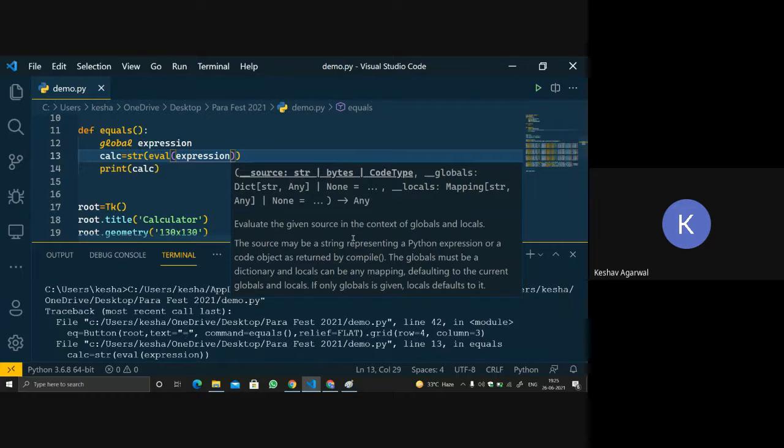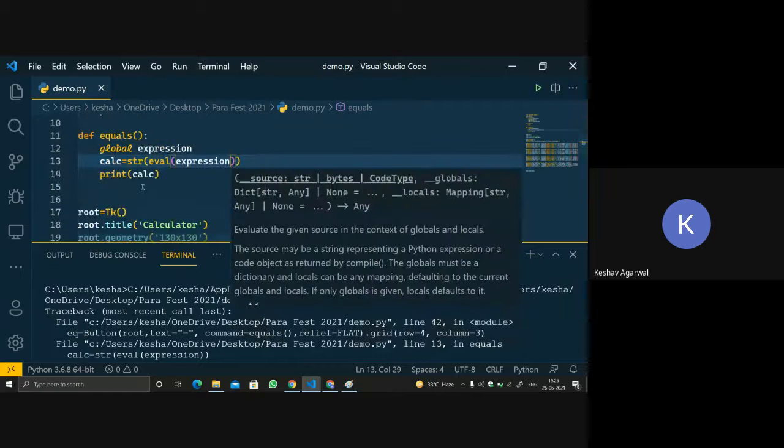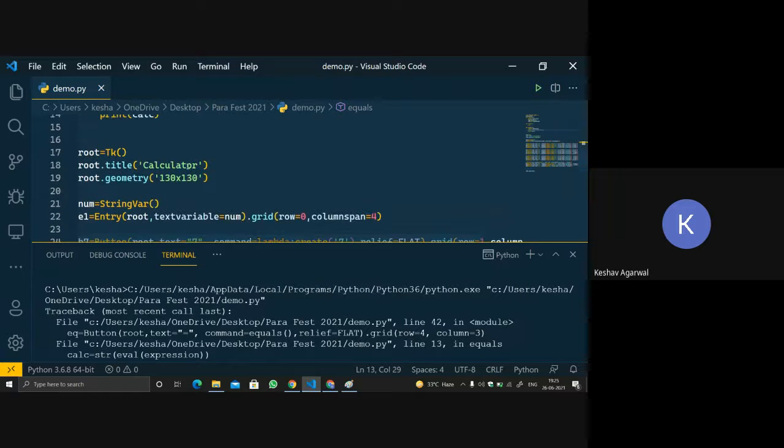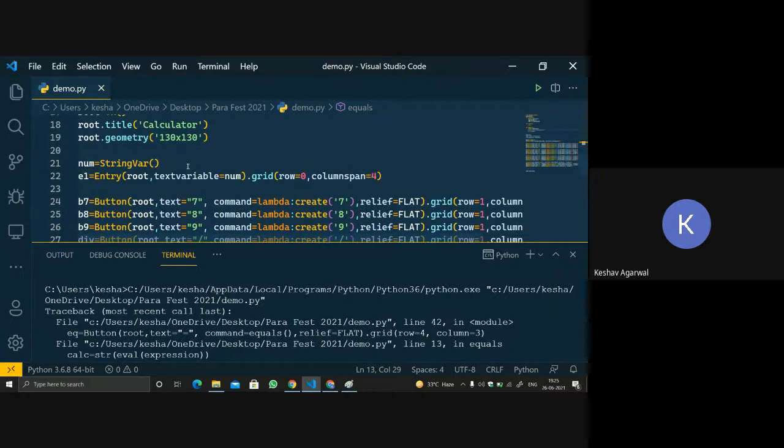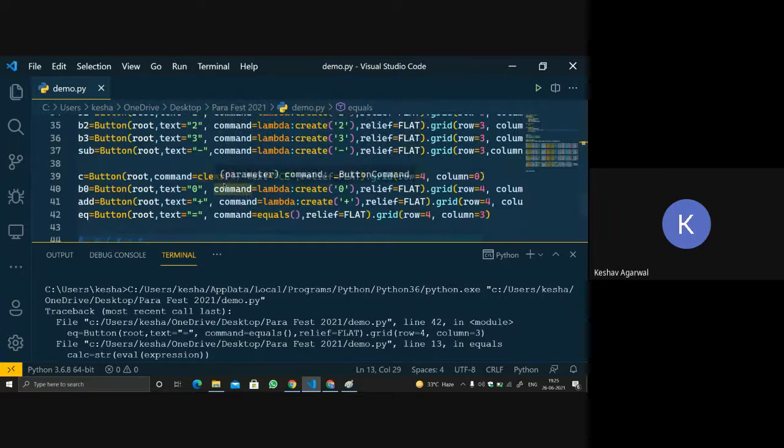So the eval function returns the expression, right? We're getting the expression over here and then we comment it. So I guess we will have to use something else.